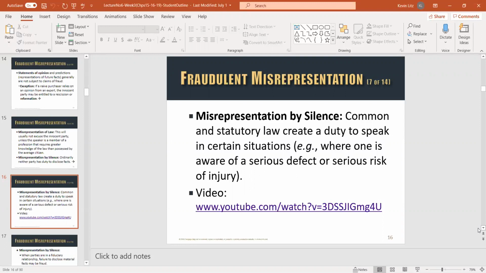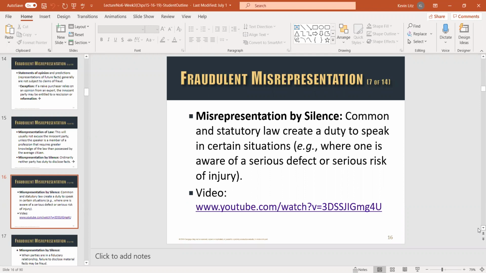Long ago, the churches would talk about their sins of commission and omission. Commission was when you overtly did something wrong. So if I fraudulently misrepresent something, that's my commission. I overtly told you. But the sin of omission, if you will, is I leave this out. Oh, well, I should have told you. So that's what we talk about, misrepresentation by silence.